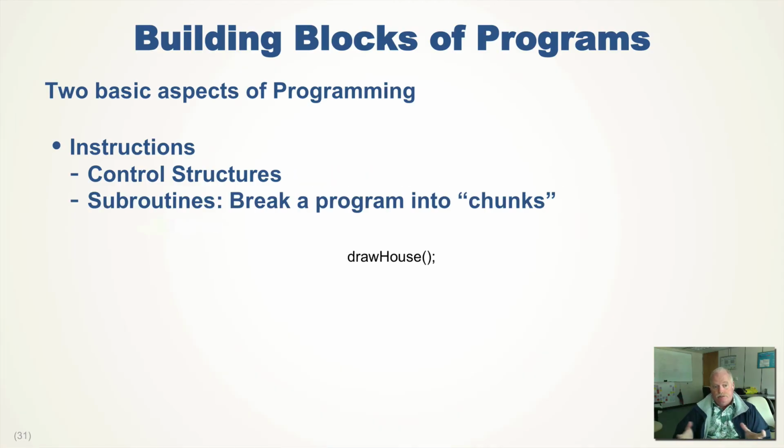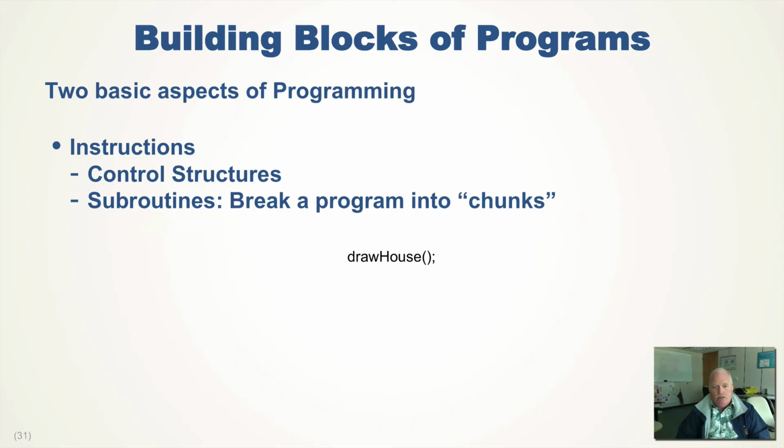And then we have the control structures, basically just looping and branching. And then there's the idea of bigger programs. We don't want to have to do all that stuff again and again. We don't want to have to write all that again. We want to break it up into chunks that we can reuse again and again. So those are subroutines. They're basically just a bunch of instructions that are collected together. They're named, sort of like variables are named, and then you can call them and have the computer execute